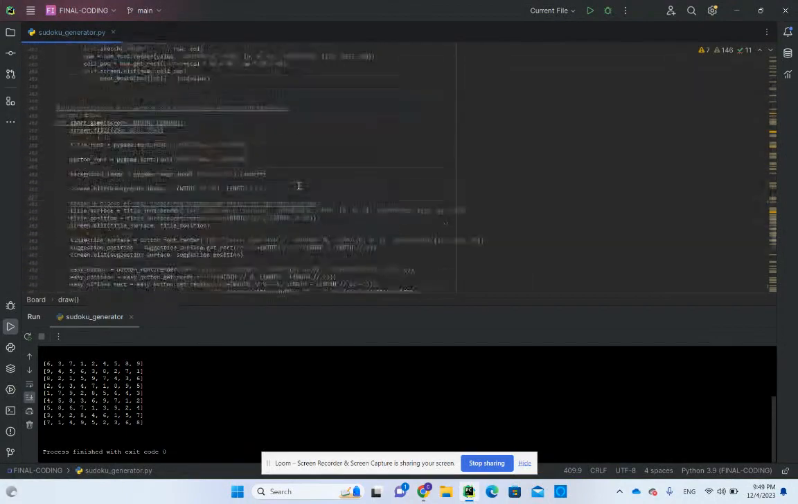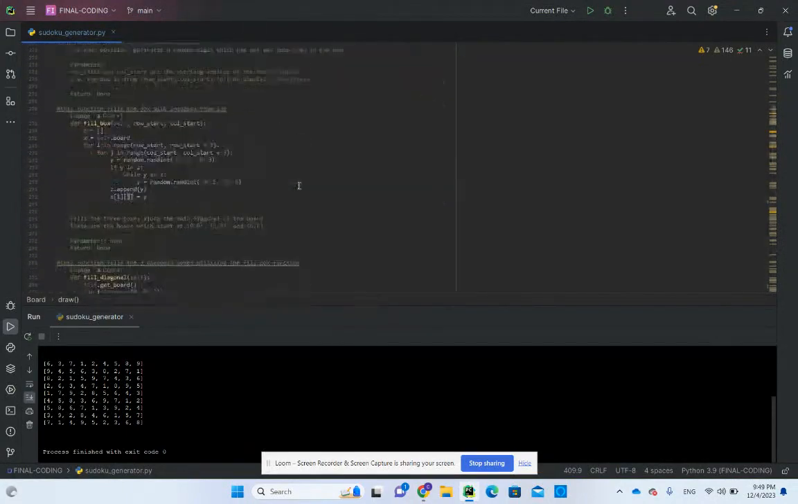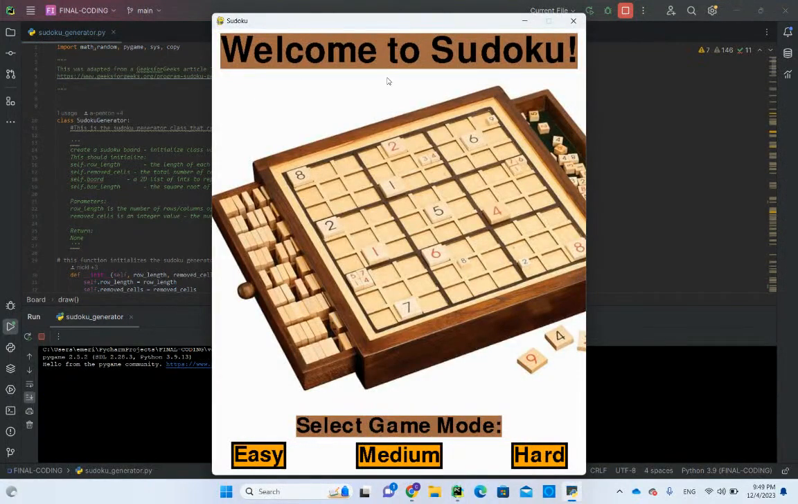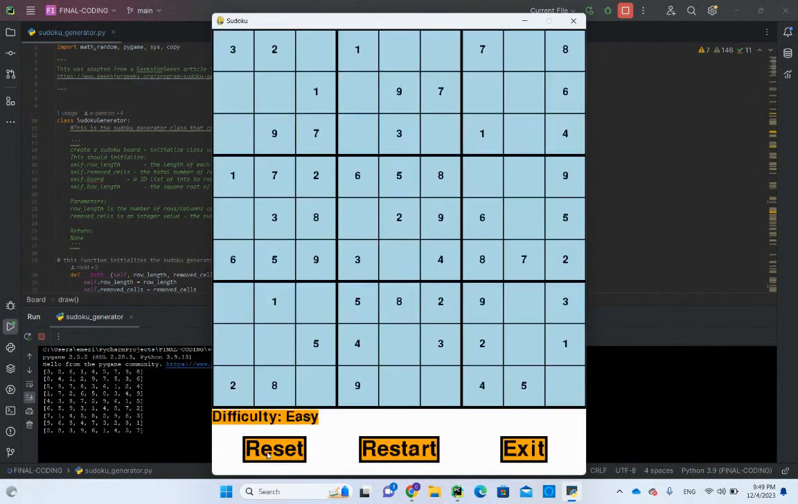As you can tell, we did it on PyCharm, and that is our code right there. So here is our start screen. It pops up with a bulk of Sudoku and an image of a Sudoku board, and there's three game modes that you can check. When you click the easy button, it pops up the screen board with 30 empty spaces,